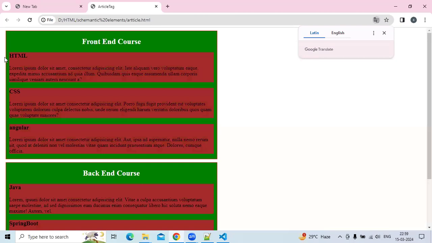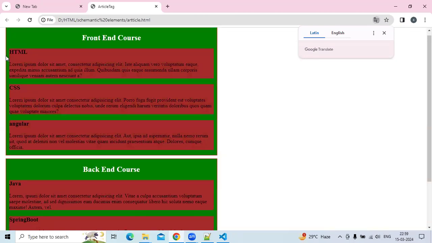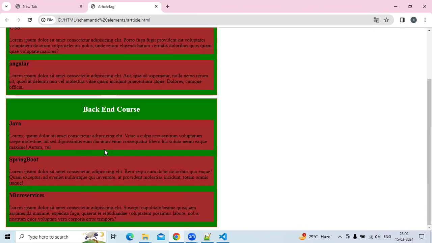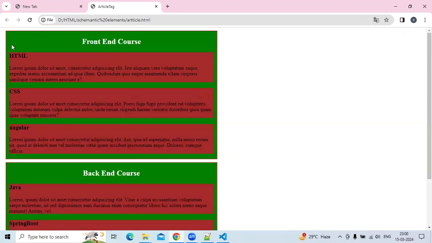See, for 3 articles, I'm getting the background color. So in the front end course, I'm getting the 3 articles, right? So I'm getting 3 background colors for 3 articles. In back end also, 3 background colors for 3 articles.